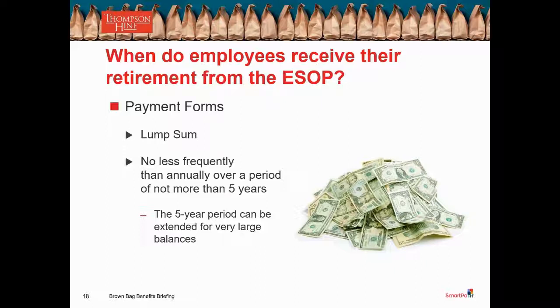Now, we talk about all this, but what we end up having is an employee who terminated employment at 45, and it might be 5 years before they can get to their money at all, and an additional 5 years before they get all their money. What are they doing with their cash during that time? Typically it's invested in company stock. So now you have this employee who's no longer your employee, hasn't been here for 7, 8, 9, 10 years,